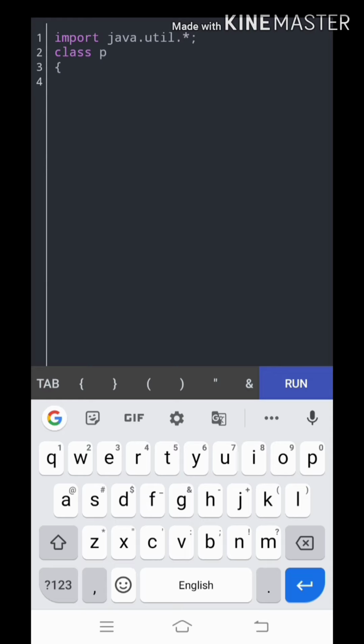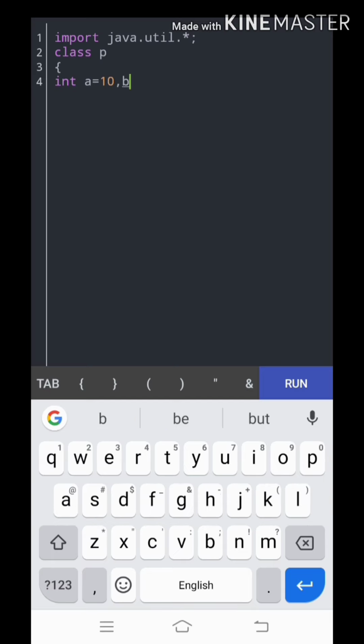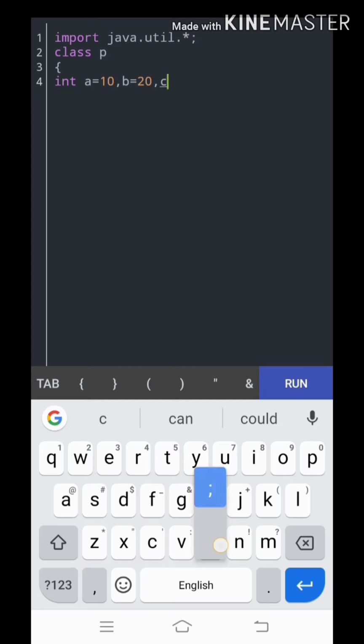As the first topic I am going to write a method with no parameters. For that purpose we take three variables: int a, and I am giving some value to it as 10, and b with some value 20, and c. So these are all the three variables I have taken in this program.